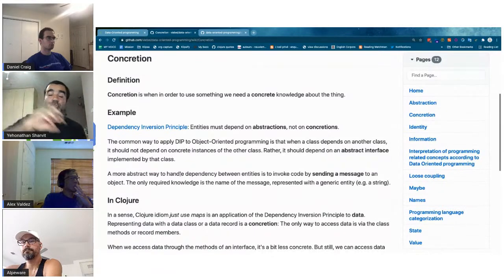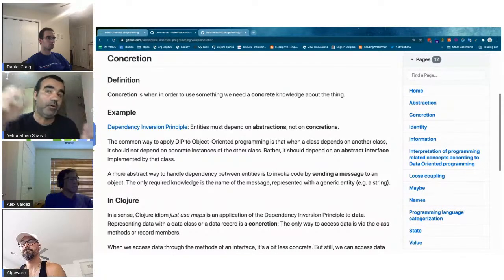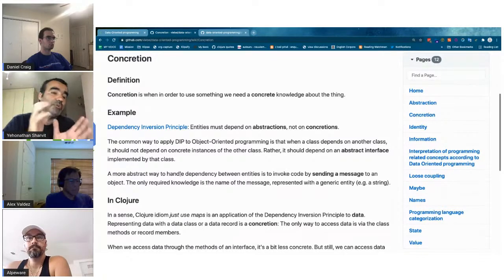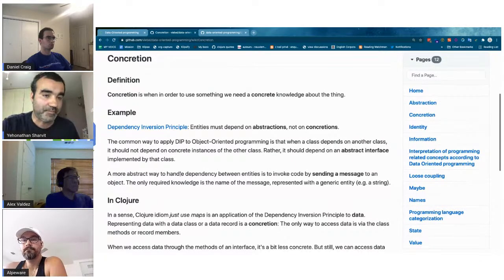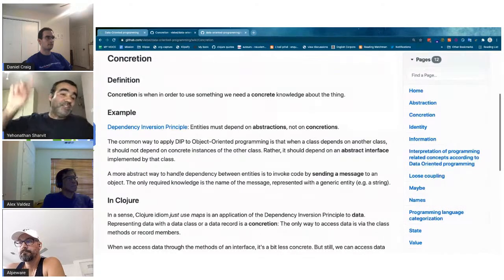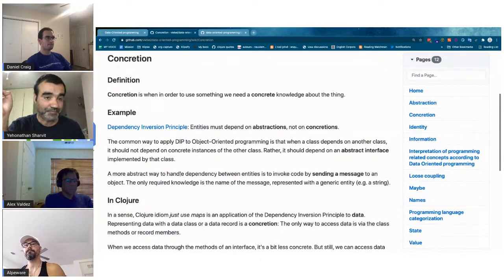In order to communicate with the object, you need to... sorry, this object exposes a method, let's say, edit document. But the way you pass the information about the document that you want to edit, the name of the document and the line in the document that you want to edit, is through the object itself. So you have to call many different methods of the object just to pass the information about the modification that you want to do to the document.